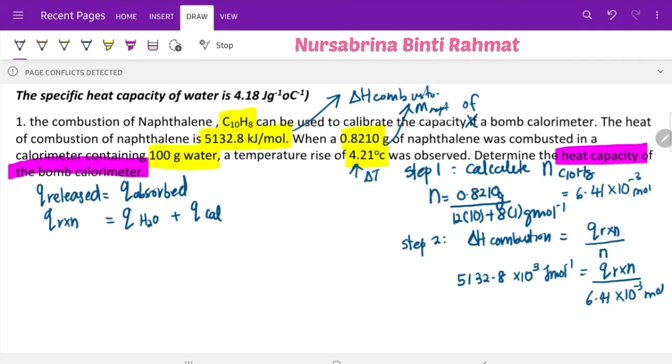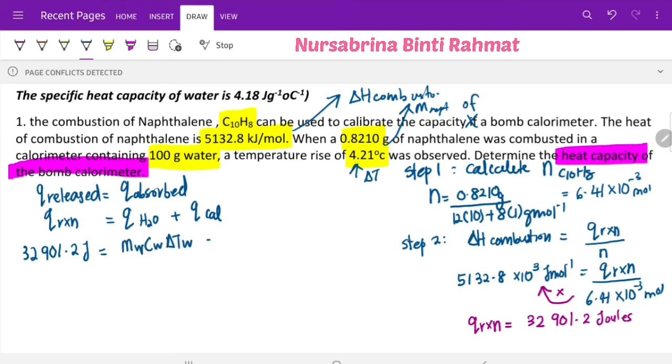What should we do next? We're going to multiply the enthalpy of combustion with the number of moles to get our Q reaction. So we get our Q reaction to be 32901.2 joule. So now we already have our Q reaction, and we can proceed to solve for our C calorimeter. It is 32901.2 joules, which equals the heat absorbed by the water,